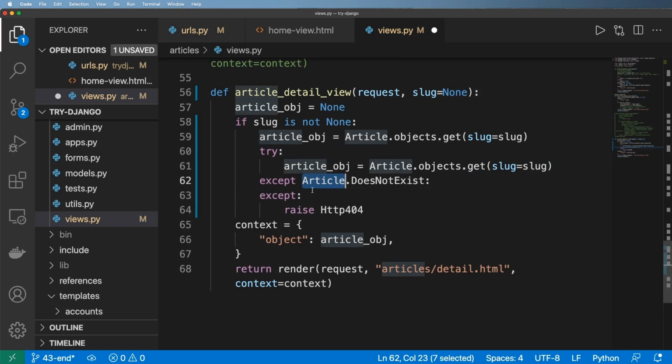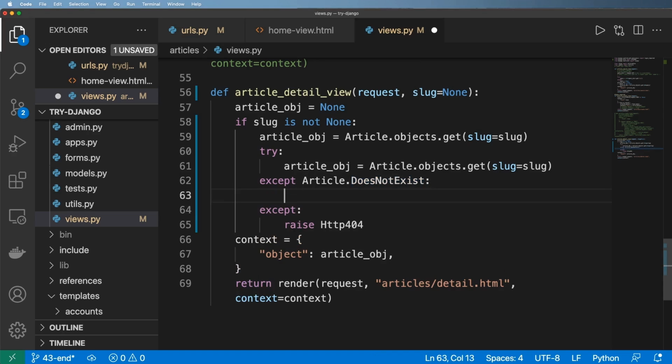So this is the model name .DoesNotExist, literally this exception right here. And so I can actually use that to have a different sort of 404 page, right? Now, in this case, I'm going to leave it like this because there are other exceptions that might occur, especially with slug fields, if we did not make them unique.